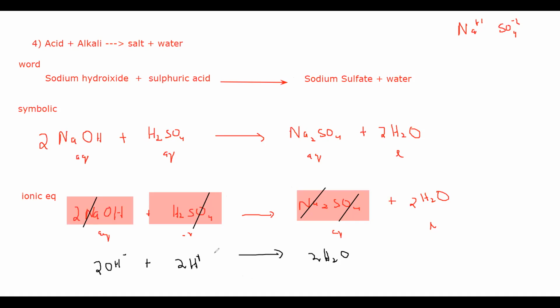So the first one is a word equation. Then the second one is a symbolic equation, and the third one is an ionic equation for the reaction between acid and alkali. Now, if we want to prepare salt by this reaction,